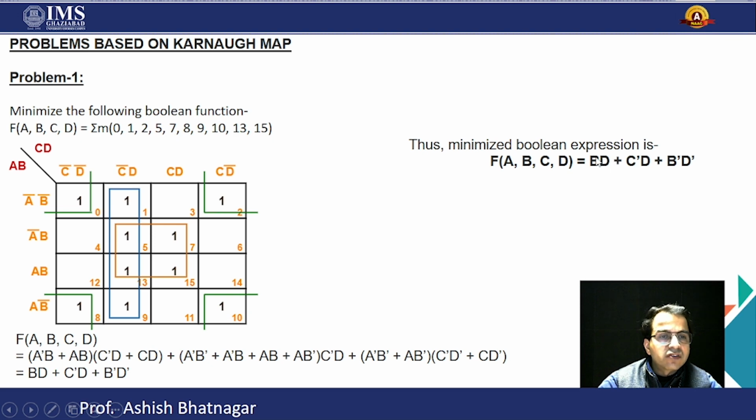Let's say suppose here is given B dot D. This is the SOP expression, and if you want to write B dot D in POS, what will we do? We will write (B bar plus D bar) dot (C plus D bar) dot (B plus D). This is the expression which represents the product of sums, and accordingly we define the combinational logic diagram with its truth values.